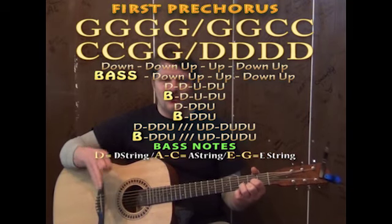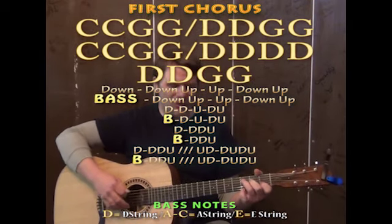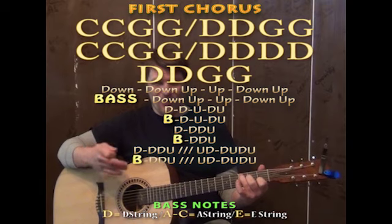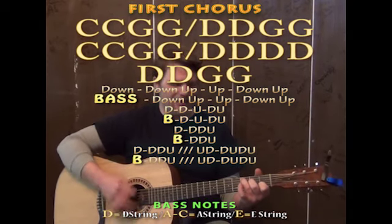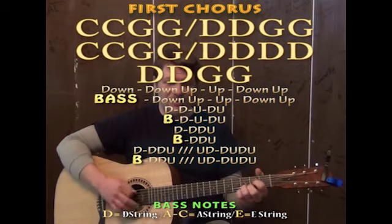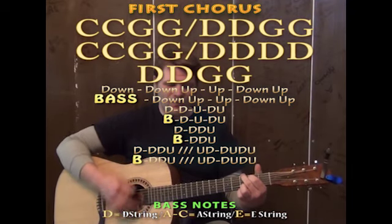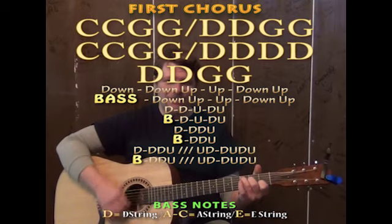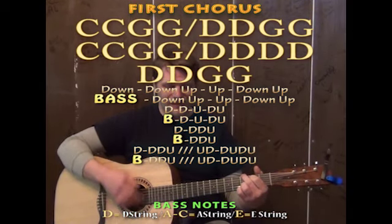and from there we'll be going into our first chorus. Now you could even kind of take all those ideas and mix them up too. So through that chorus, we'd have the C, C, G, G, E, D, G, C, C, G, G,